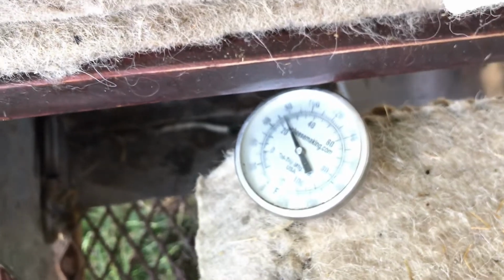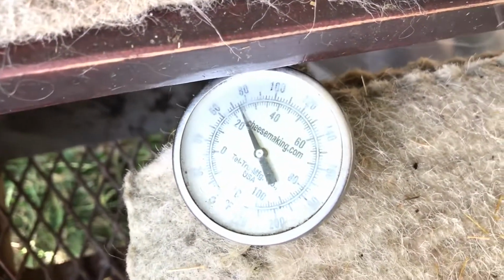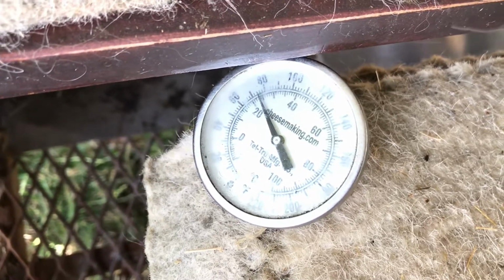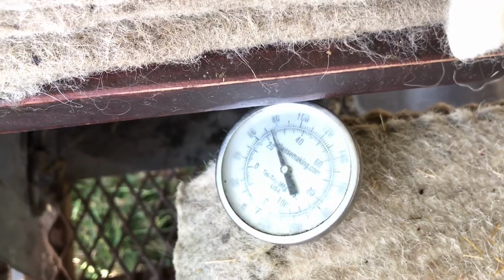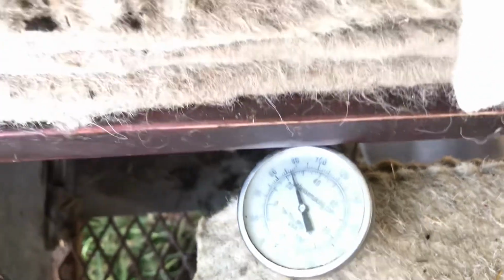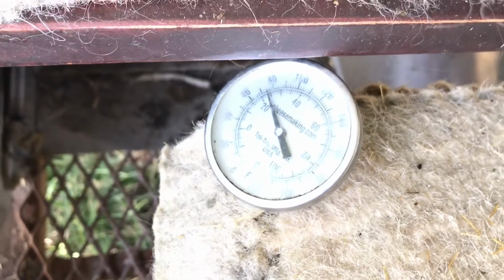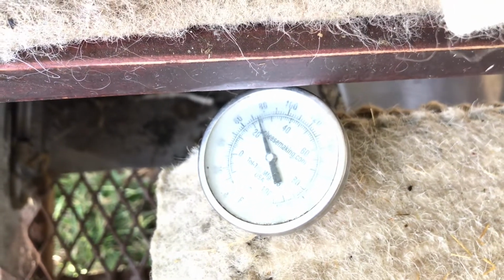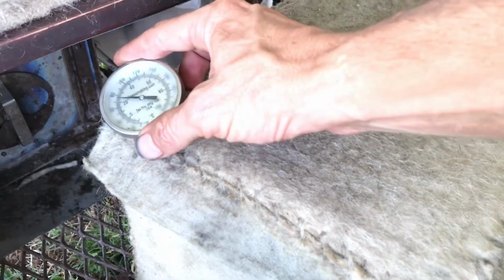for an evaporative cooler, because the primary example of an evaporative cooler around the world is the Zeer pot. It only boasts like, I think, 12 to 15 degrees below the ambient temperature outside. This is like blowing that away, like by doubling it. This is the hottest weather that I've ever had the evaporative cooler on, that I've actually documented it, so this